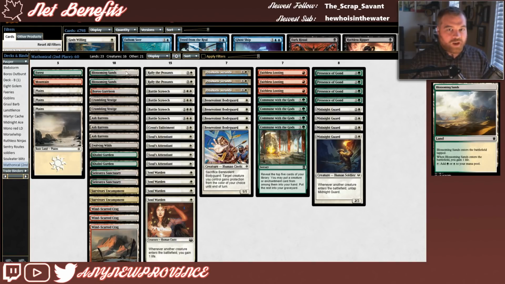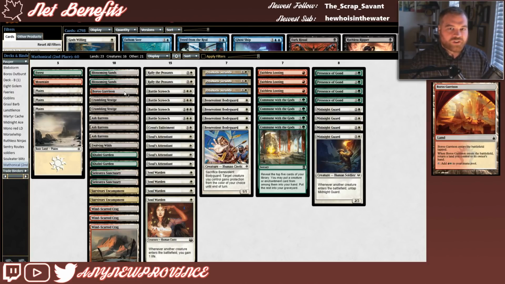Alright, let's have a look at this mana base. First, we have Blossoming Sands, just standard Pauper duels. They enter the battlefield tapped. When they enter the battlefield, they gain you a life, and when they become untapped, you can tap them for green or white. We have one Boros Garrison, enters the battlefield tapped, makes us return a land we control that's